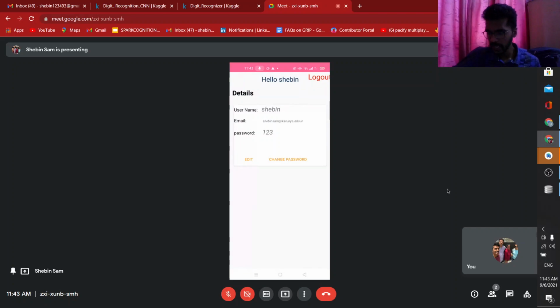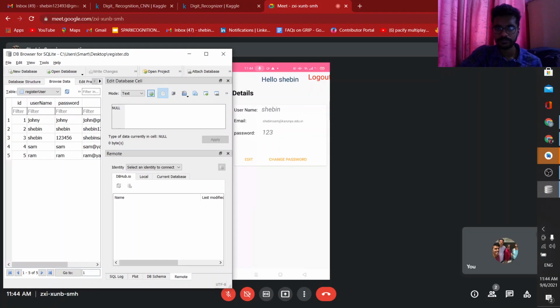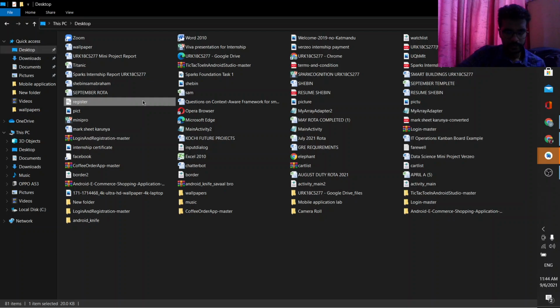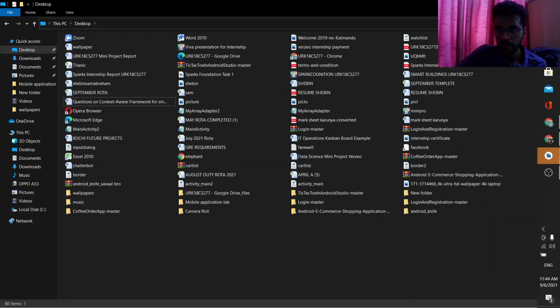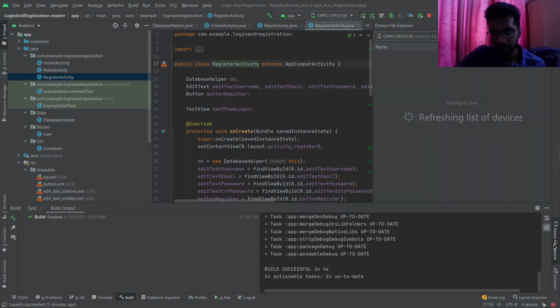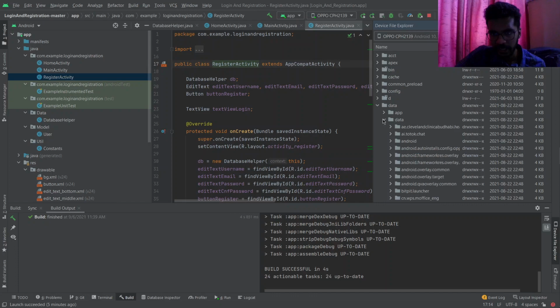Now what I'm going to do is show you. I'm going to delete this old register over here. Now I'm going directly into my login registration. I'm opening device file explorer. I need to press data over here. Data. I have to go again to data. Then I have to go to